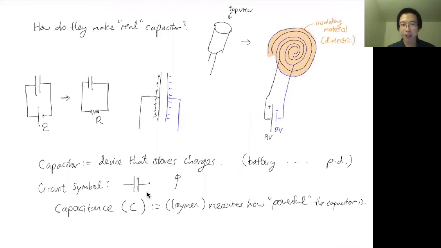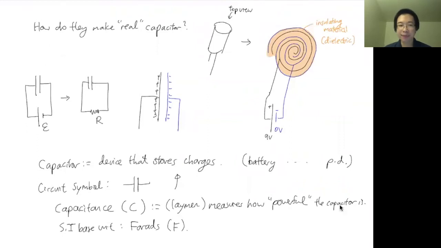Okay. So capacitance is the quantity. We'll assign a number to it. The SI base unit, as we'll see, is called the farad. It must be a tribute to the scientist who was working on this. We use F like that. We assign a number like 5 farads, 5 millifarads or whatever, and that tells you how powerful it is.